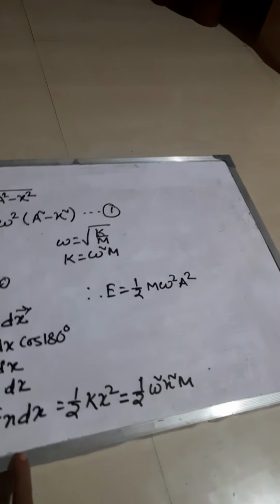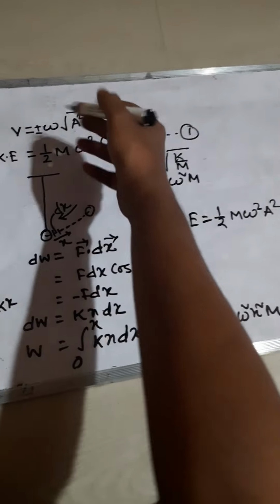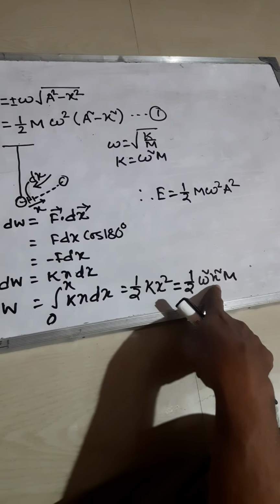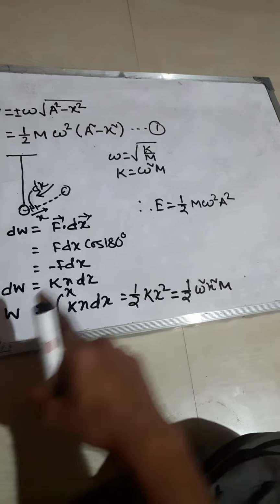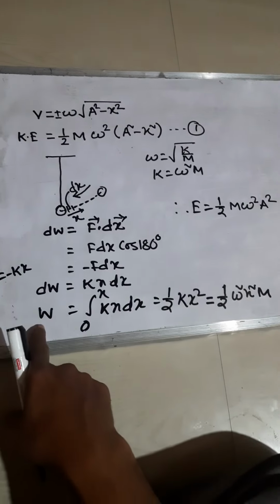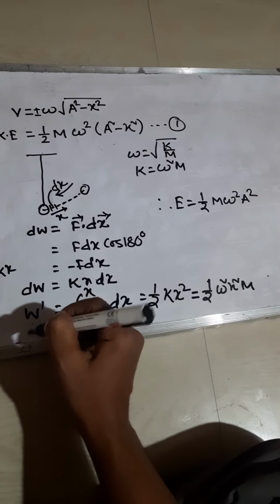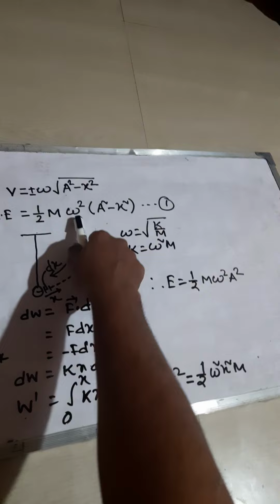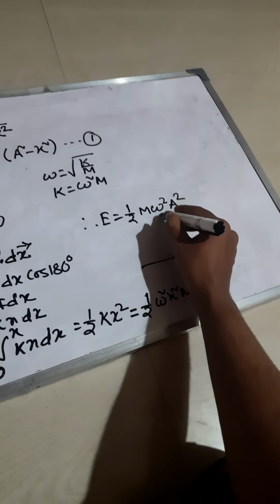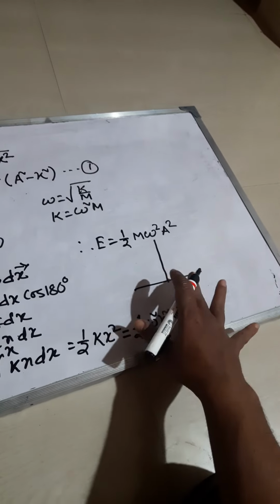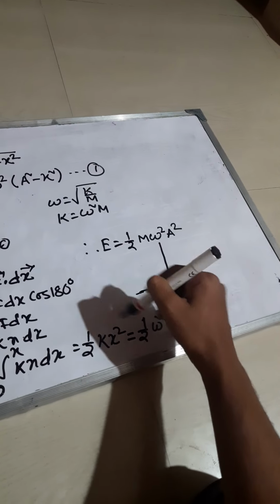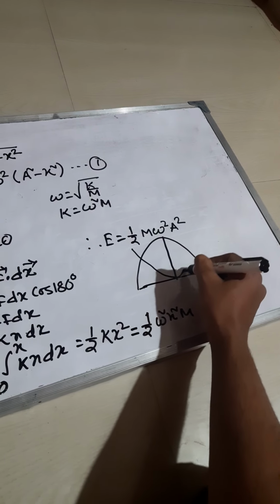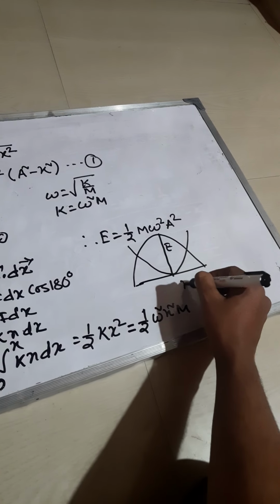Now we graphically represent the variation of KE and PE. Look at this, the potential energy expression is this. Here is x square. So one variable is quadratic and the maximum power is 1. That is the equation of a parabola. This is also the equation of a parabola. So the variation of energies, that is KE and PE, is graphically shown in this way. One graph is this, another graph is this. Here is energy, this is x.